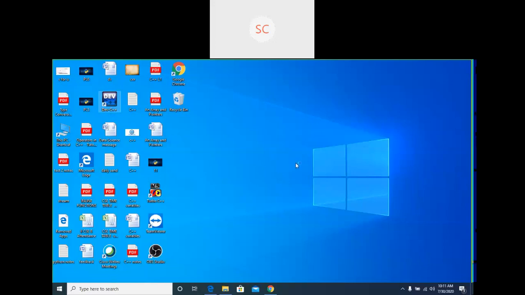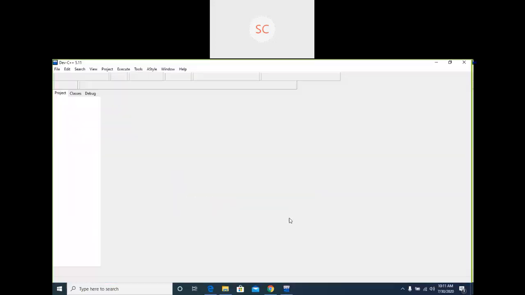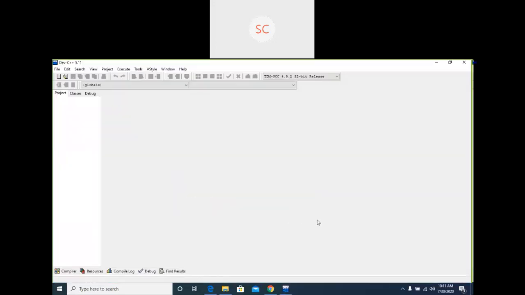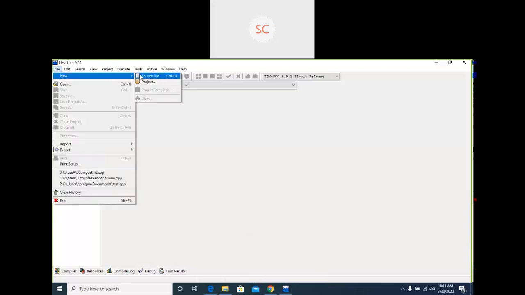If else ladder and switch statements both are similar, but execution is different. Here I am going to take one source file.